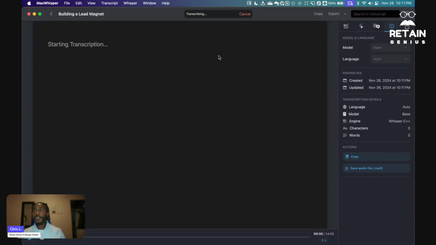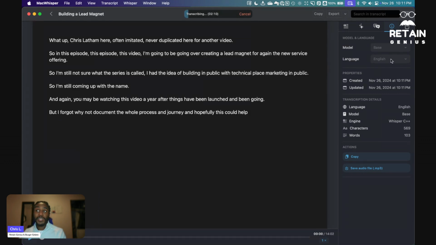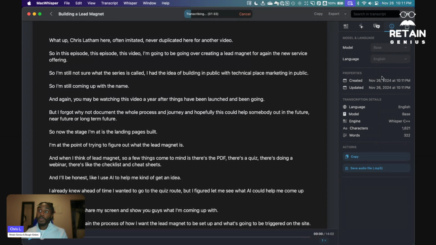All right, so now what it's doing is going to transcribe the text. And what's nice with this, I'm not sure if you notice on the right side here, it figured out the language I'm speaking is English. So that way the model it's using, which is Whisper C++, I can't tell anything about that, just some sort of model they're using,